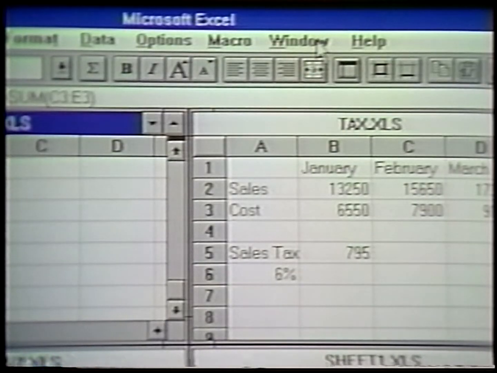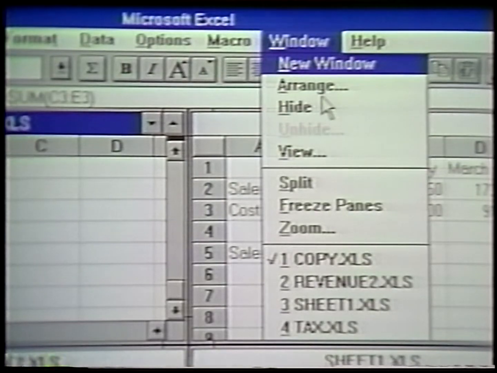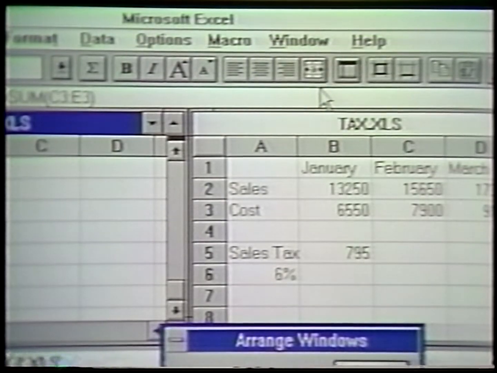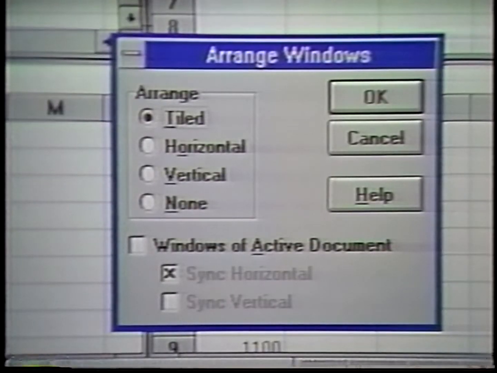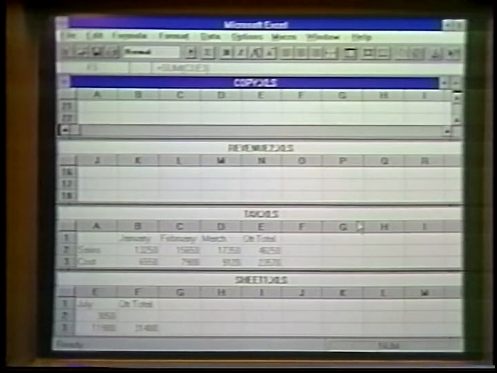We can also choose a different arrangement of windows on the screen. Let's choose Arrange again. This time, let's choose Horizontal. Click OK. Now this arranges the 4 worksheets in a horizontal format across the screen,